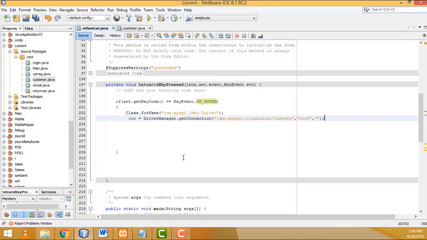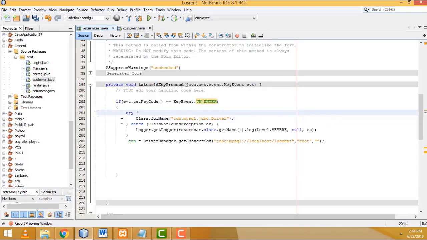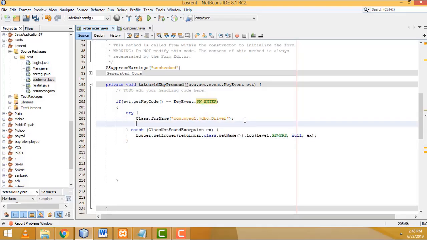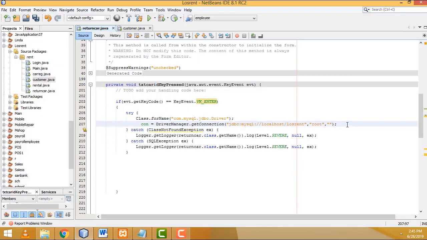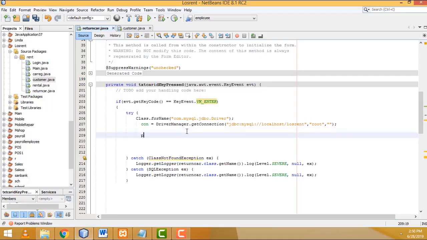If you paste this, it shows an error. Click on this one and surround with try catch. Here also there's an error. You just copy this one, Ctrl X to cut, Ctrl V to paste it inside the try. It asks to create the catch. Now the error goes away. Now here we have to write the code. I'm going to write the PreparedStatement object pst